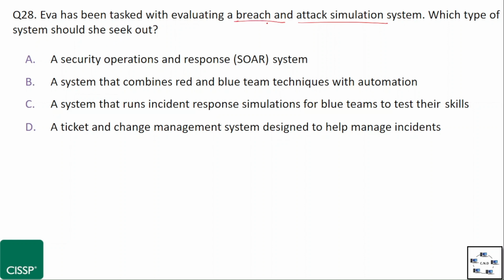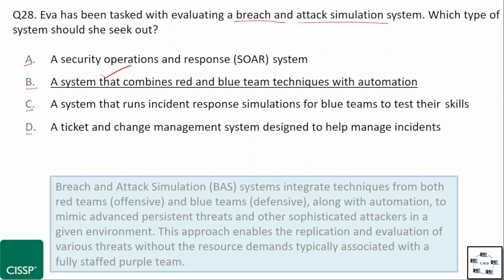The options are: option A, a security orchestration and response, that is SOAR, system; option B, a system that combines red and blue team techniques with automation; option C, a system that runs incident response simulations for blue teams to test their skills; and option D, a ticket and change management system designed to help manage incidents. And the correct option is option B, a system that combines red and blue team techniques with